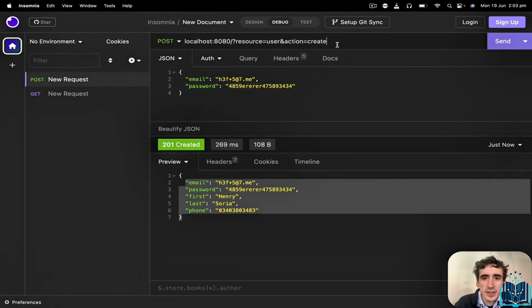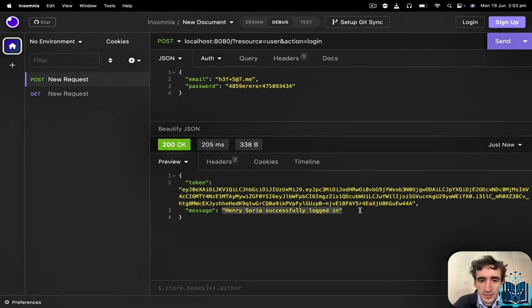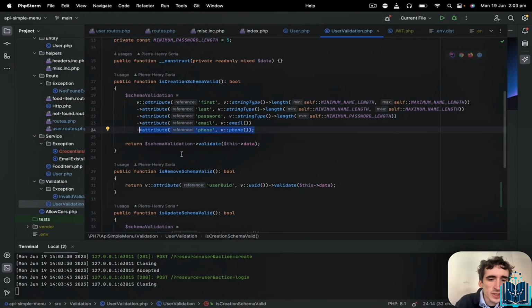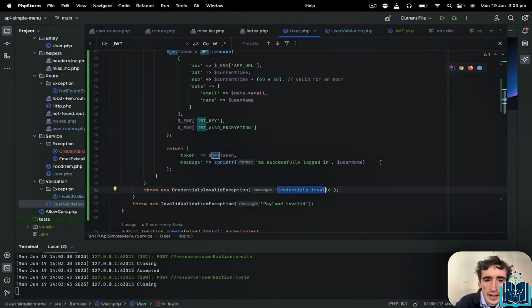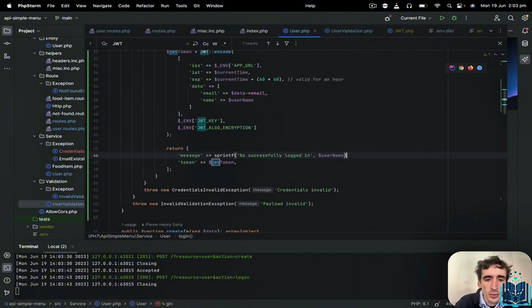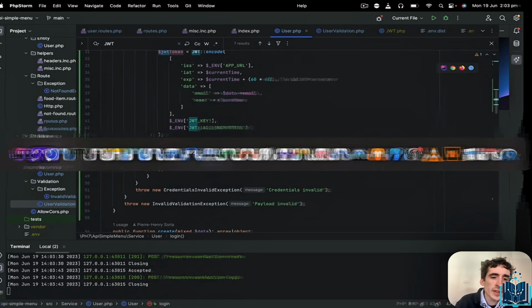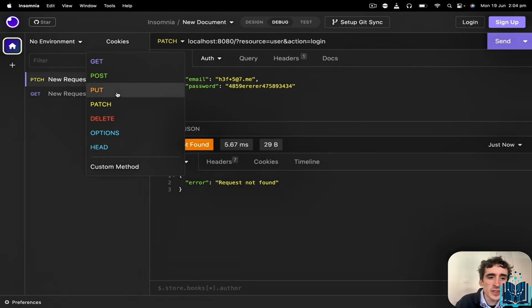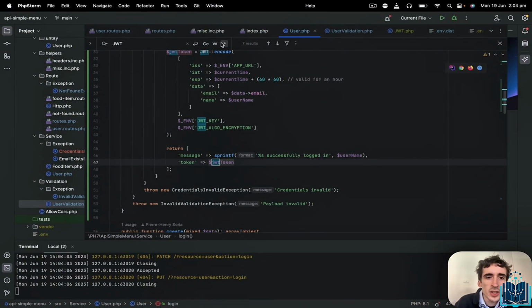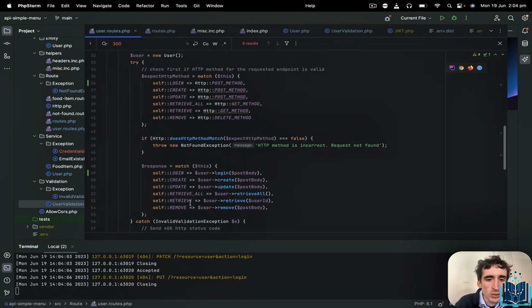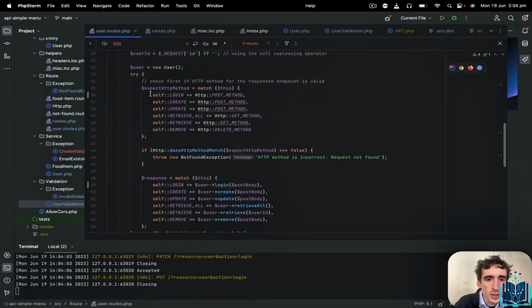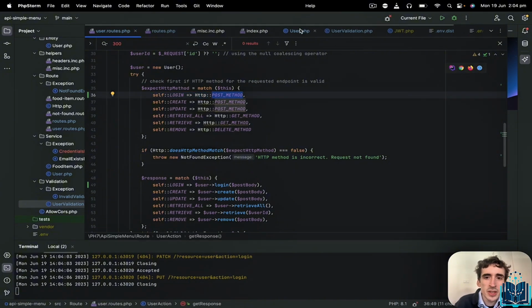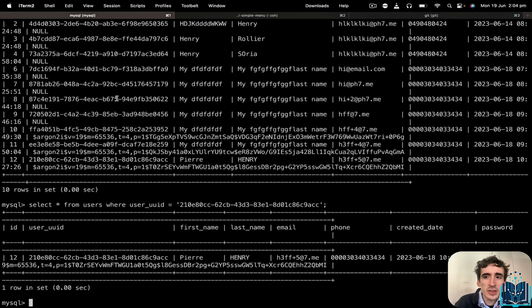And I do create. Now I do login. And boom, you see, I'm logged in now. I can even change the response to have the message above like this. That can be nicer. And also if I change the method to something else, you see it doesn't work, because again, we also do the validation in our user routes for login post method. So yeah, well done. Now let's commit our changes